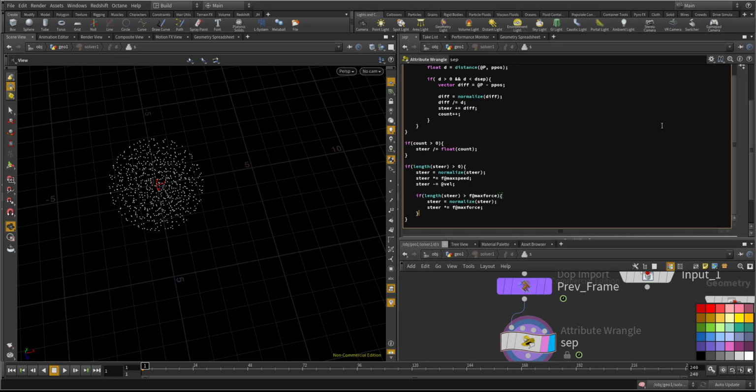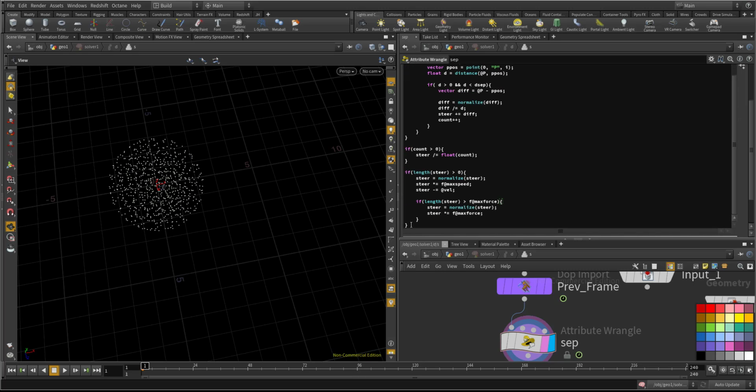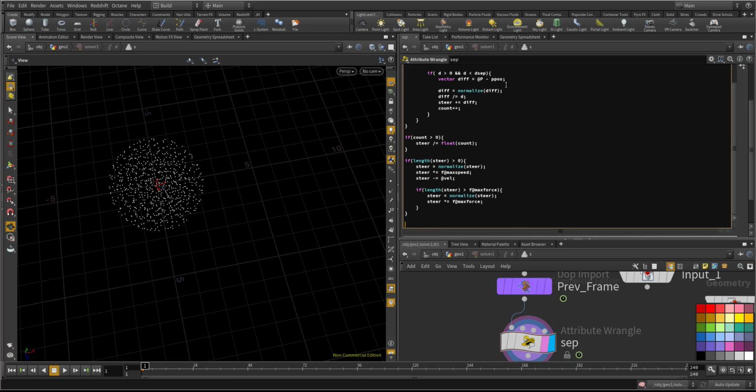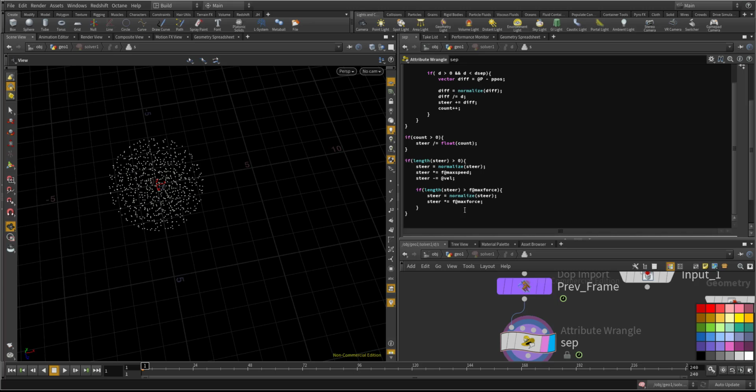And by updating the steer, finally you have to update the ACC acceleration with the steer to use it as acceleration value. So the ACC plus steer,